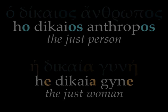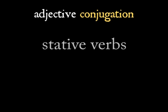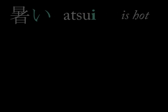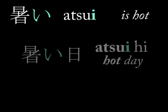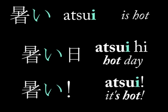Now I'll draw a counterexample from Japanese. In Japanese, many adjectives work a lot more like verbs. In fact, they are specifically what we would call stative verbs, which are verbs that indicate a state instead of an action. So a description like is happy or is hot would indicate a state. For example, atsui means is hot in Japanese. Those can act as true adjectives in front of a noun, or they can instead take the place of a